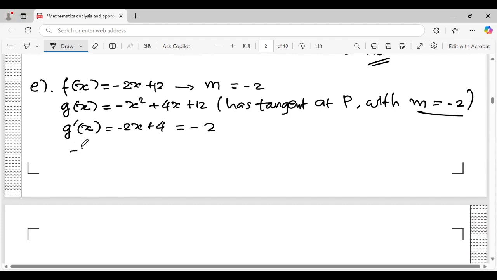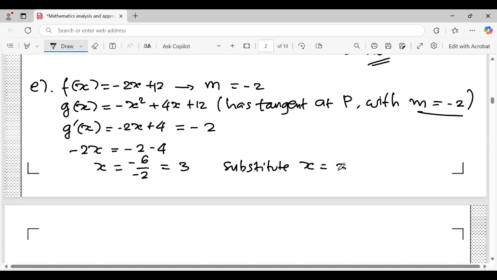It means minus 2x equals minus 2 minus 4, so minus 2x equals minus 6, and x equals 3. Now substitute